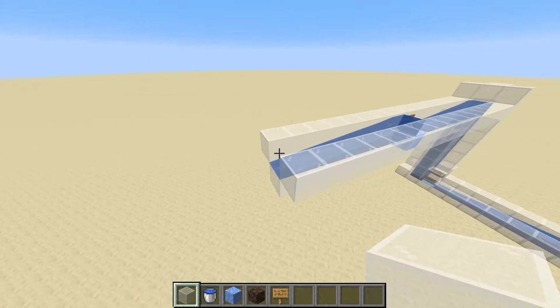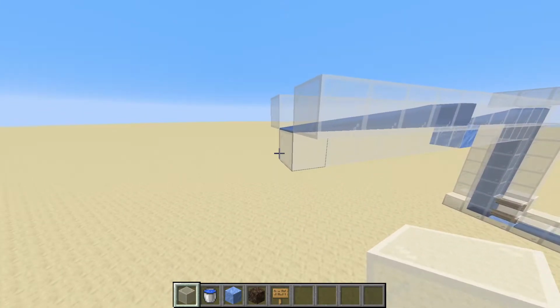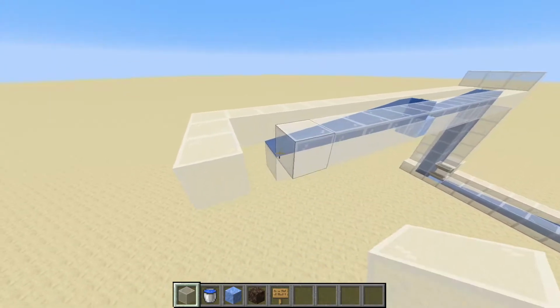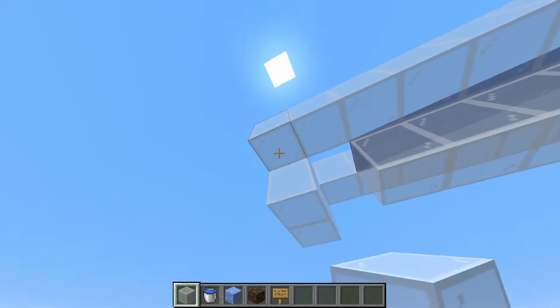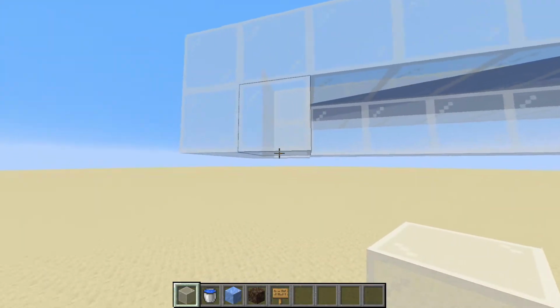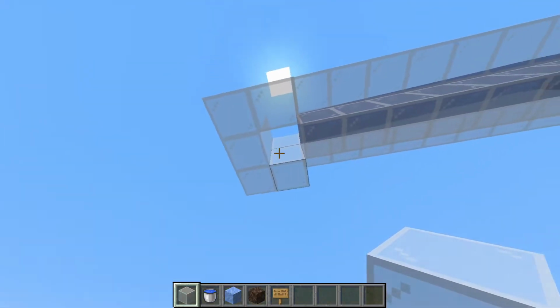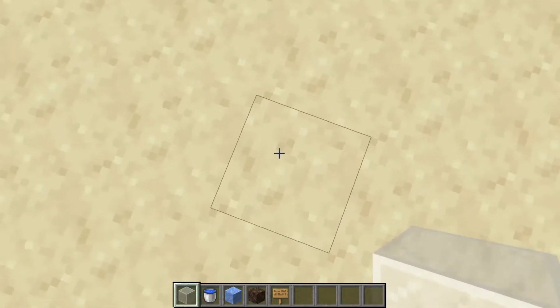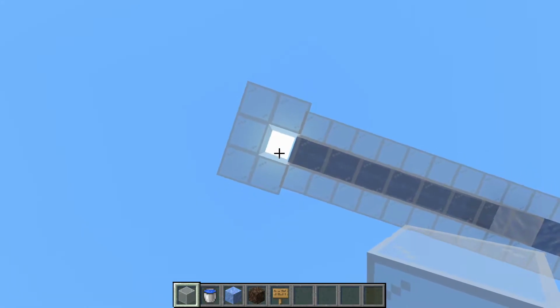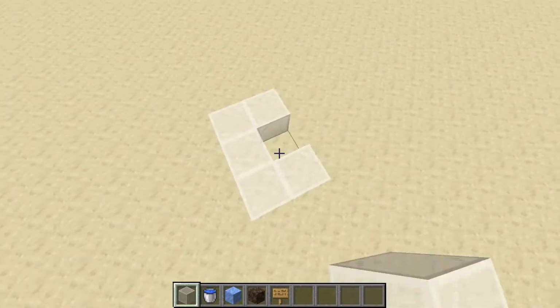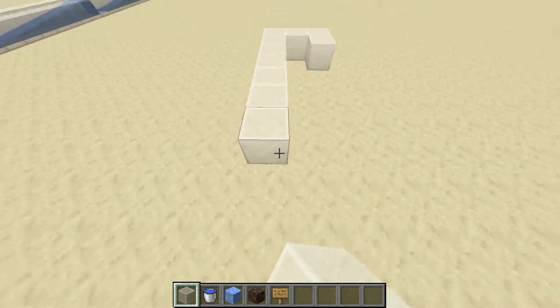Now if we want to go down to the bottom layers here, it's a pretty easy process. We can sort of do the reverse of an elevator, but just have a little drop chute here. So we can place some blocks here, place some blocks down 1 more block, and this should be enough so the item will go straight down and not veer off course too much, and then we can head underneath this block and just sort of mark this area so we can say, okay, this is directly below our chute. And we can go ahead and continue this in whatever direction we want just by placing down a completely normal water stream.